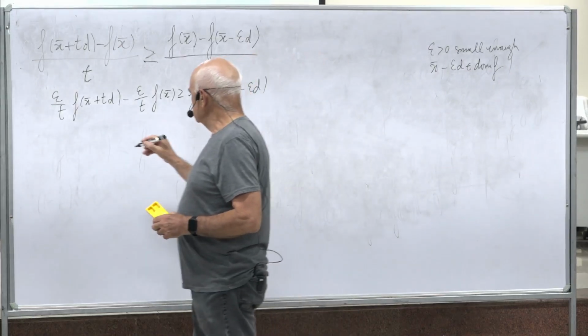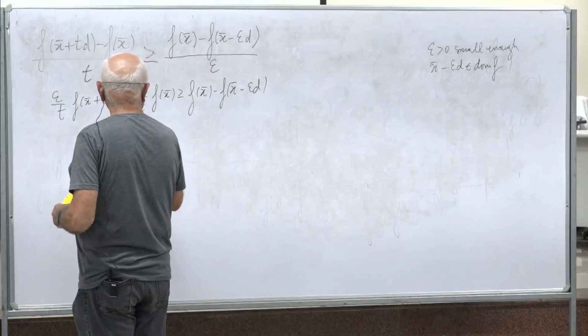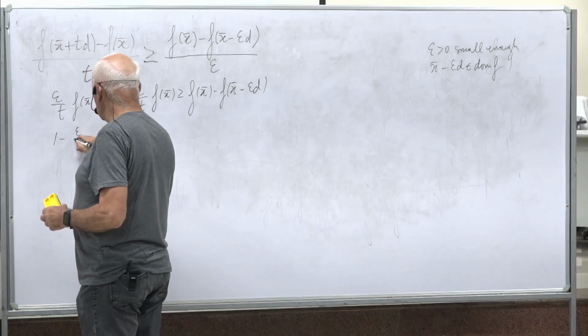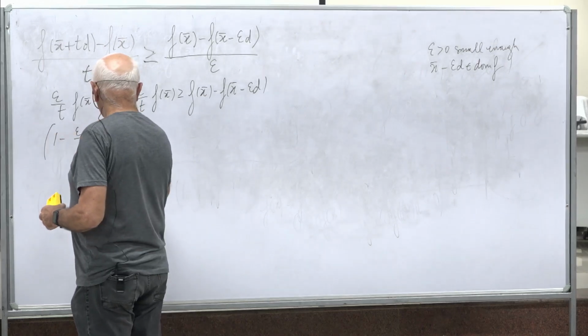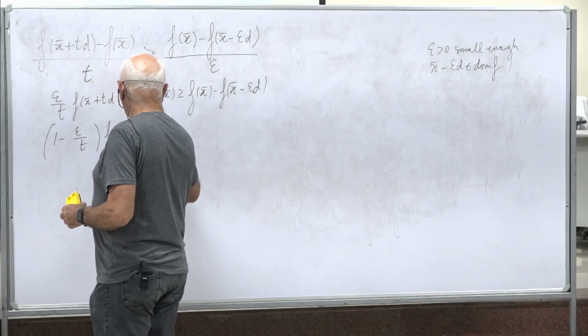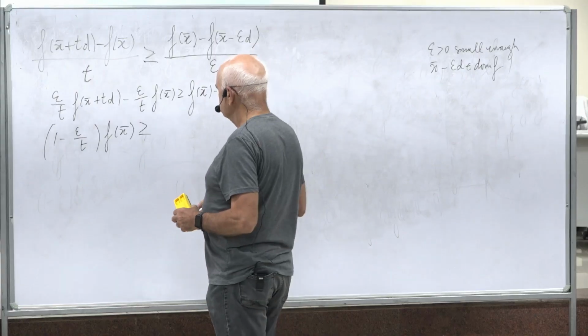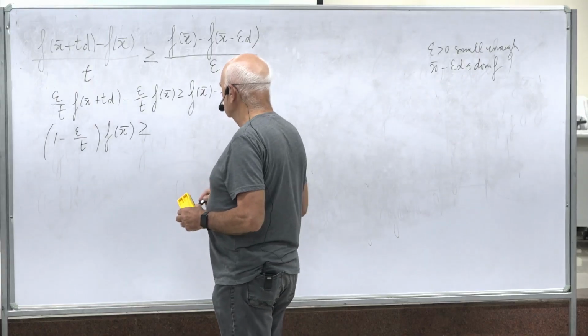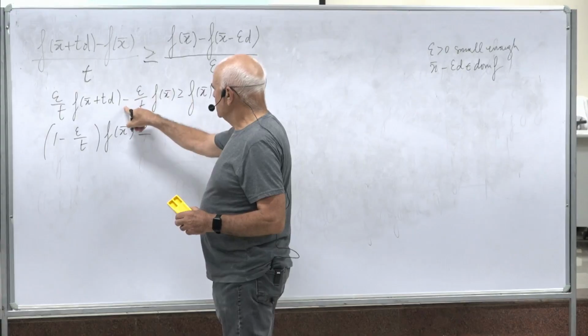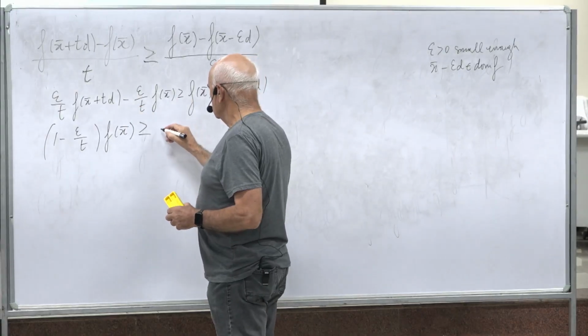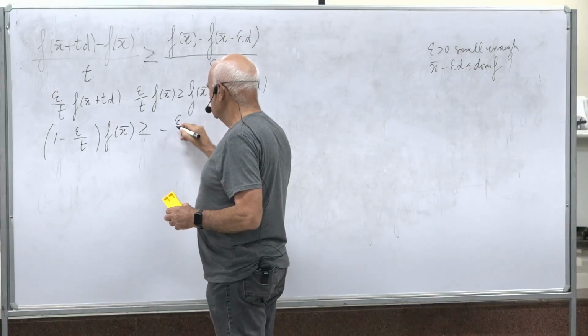Then 1 minus epsilon over t f of x bar is greater than or equal to this goes to this right, and 2 minus epsilon t